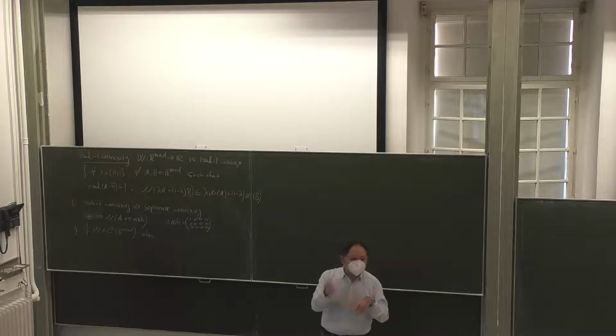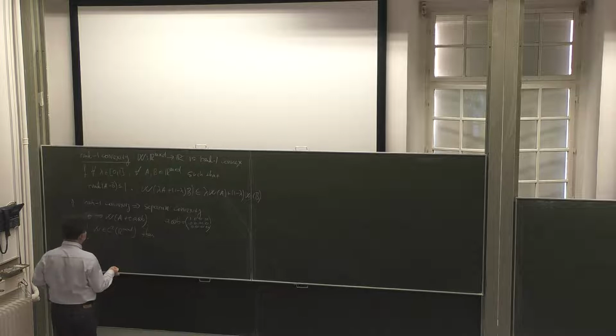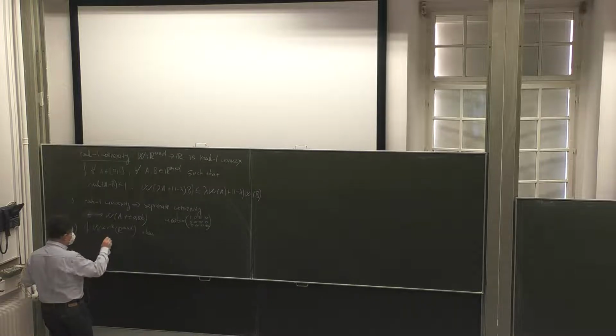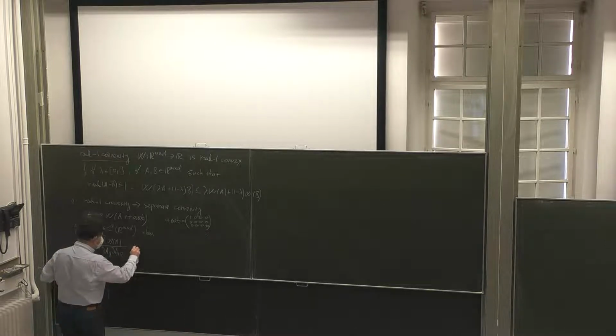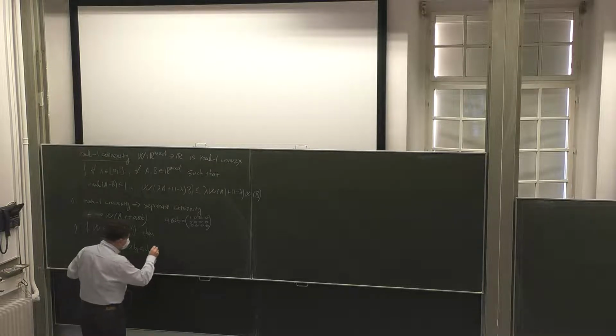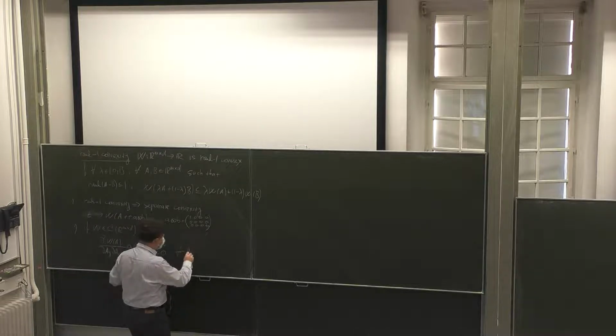You calculate the second derivative, and because it's a convex function, the second derivative has to be non-negative. So this tells you that the second derivative of W at the point A, applied as a_i b_j a_k b_l,